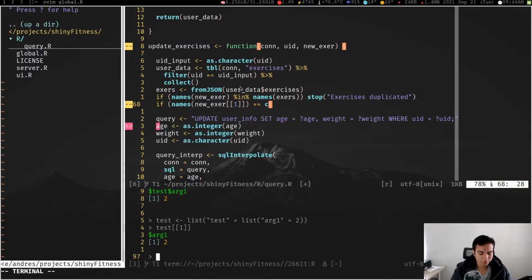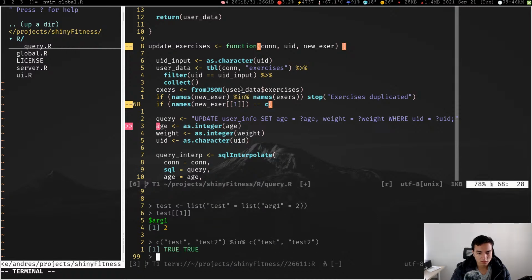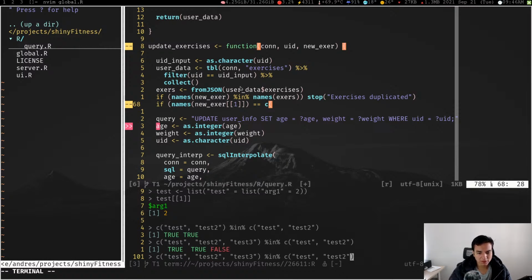So if I have test2, for example, in test and test2, true, right? So this one has to be inside of this, and this has to also be inside of this. And I have here test3. That means it's missing one. Since the user puts it from the app, it shouldn't have any error. But